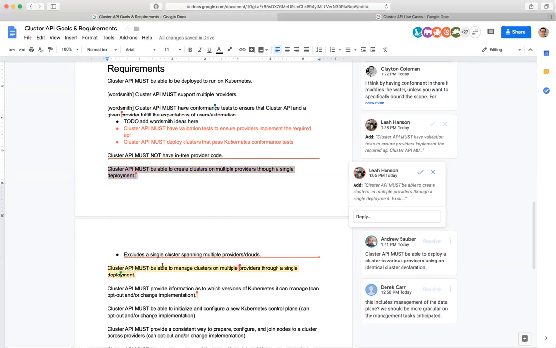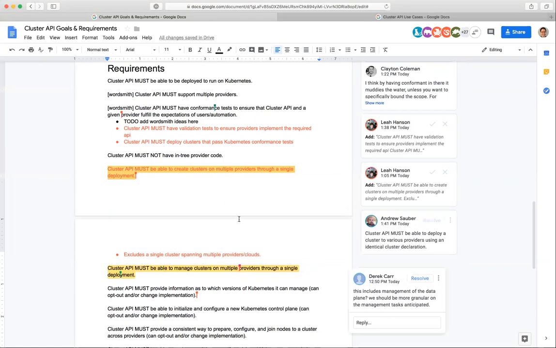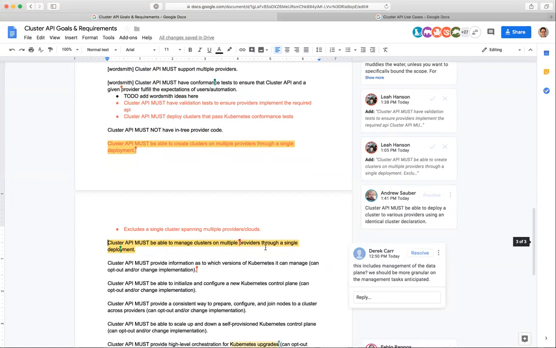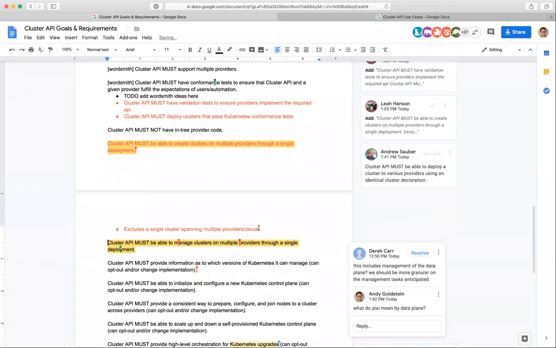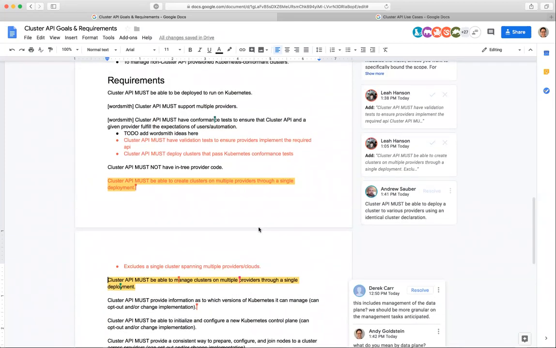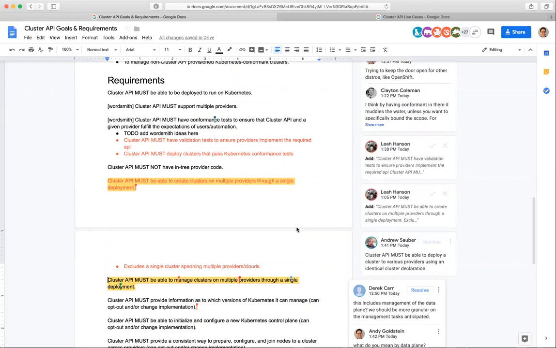Okay, let's see. So there is a comment on that second one. Yeah. And I'm not exactly sure what Derek is asking there, unless he was thinking that was related to spanning providers with a single cluster. My interpretation is, we can ask him in like 15 or 18 minutes, but my interpretation is he's drilling in on manage and not multiple. So like, is etcd backup included is one that he has mentioned before as a task.